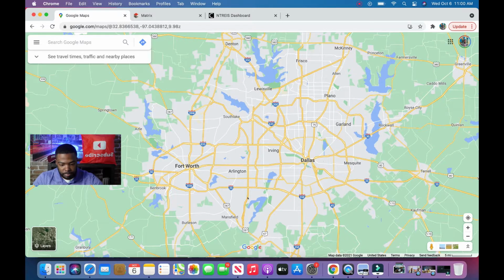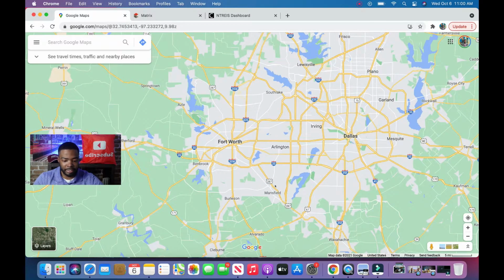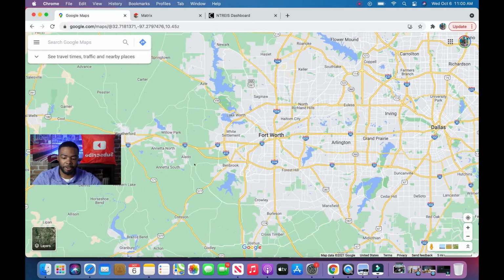The main intersections that I want to talk about, especially in Fort Worth, are I-20, I-30, I-35 and 820. So these are like the main highways in Fort Worth, Texas. They pretty much can get you anywhere that you want in Fort Worth, to be honest. I-20 takes you like in the south part of Fort Worth. So you can see it goes from the country all the way from